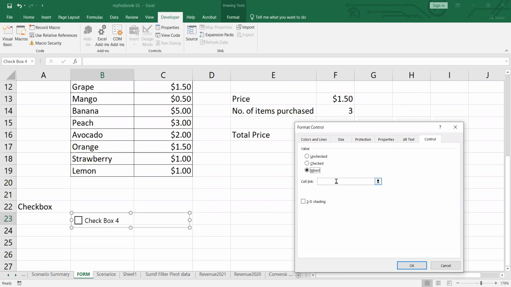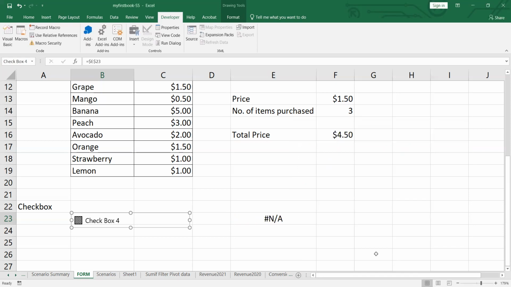Okay, so the cell link is used similarly to the previous cell link on the combo box. It just tells us the value of this checkbox. Assume that I use cell E23 on my screen. Right now, before we use this checkbox, I just have to rename